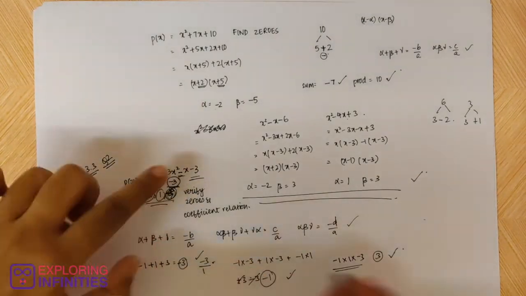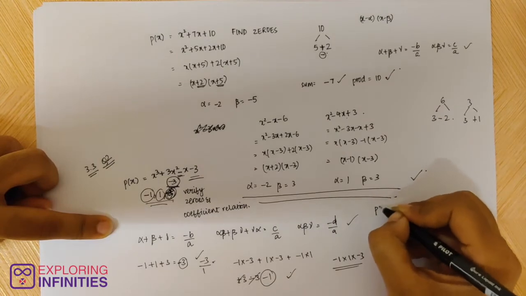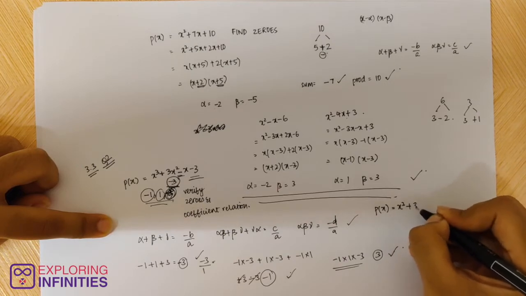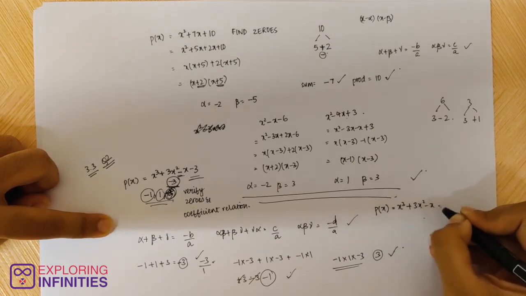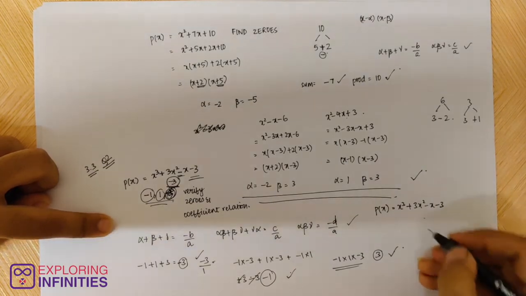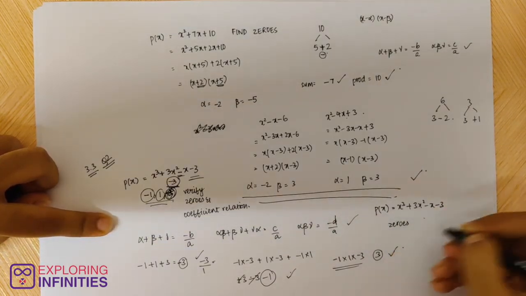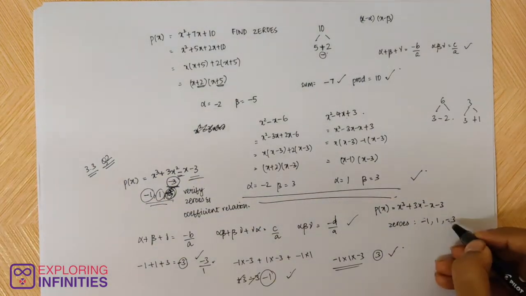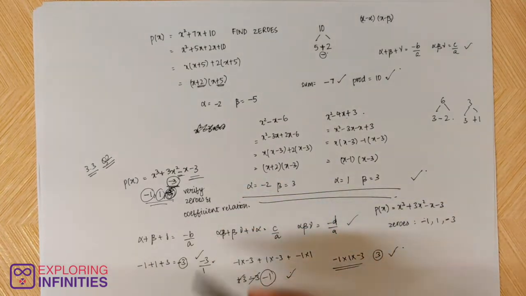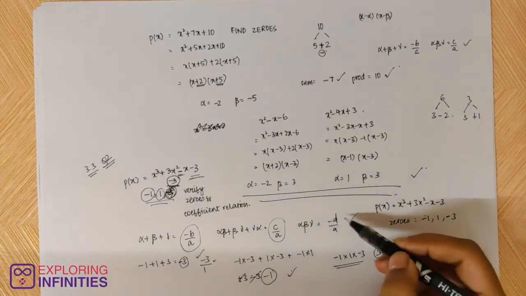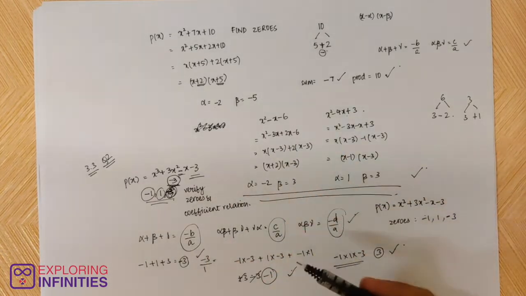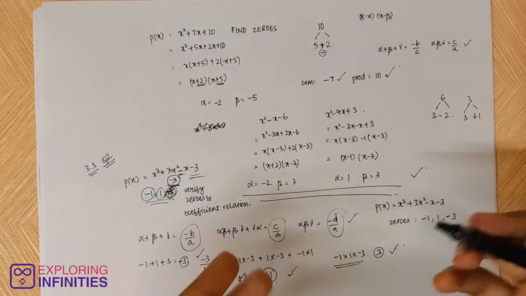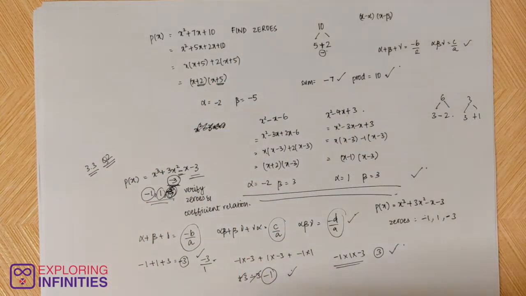So I'll just write down the question neatly so that you see it. So we said p of x is x cube plus 3x square minus x minus 3. Okay, and zeros were minus 1, 1, minus 3. If it's convenient for you, it's okay for you to write down the coefficients also, like write down minus b by a, write down c by a, write down minus d by a, so that it's easier for you to compare LHS and RHS. So this is just me explaining things to you, so that's why I've done it like this. But in an examination, it has to be a clear step-by-step process that you have to show.